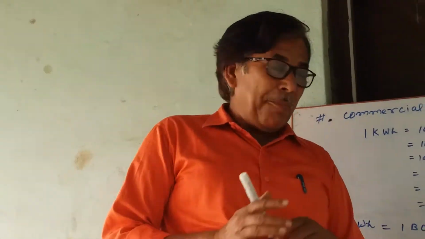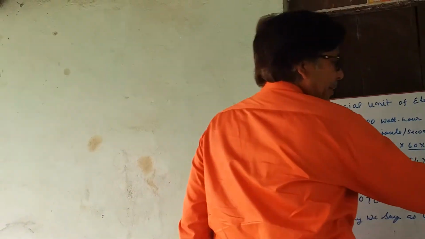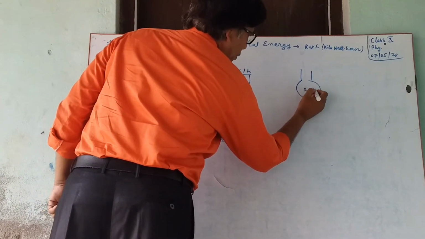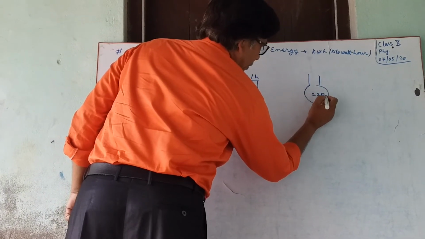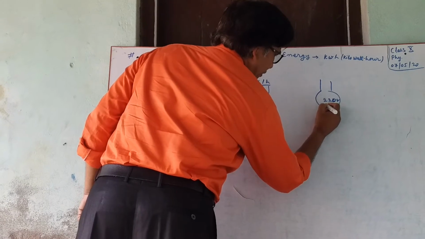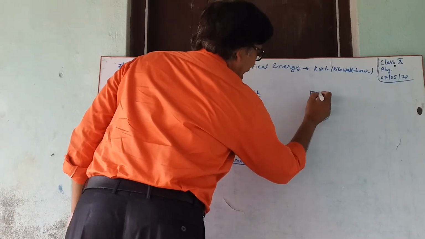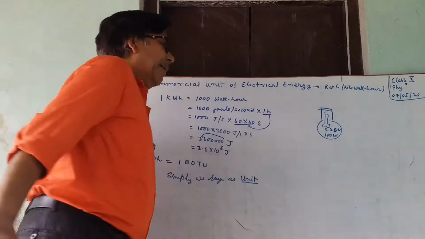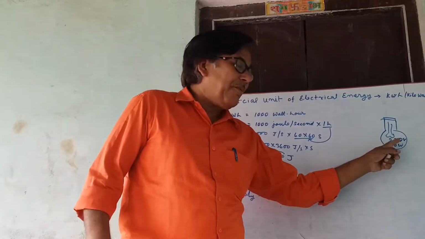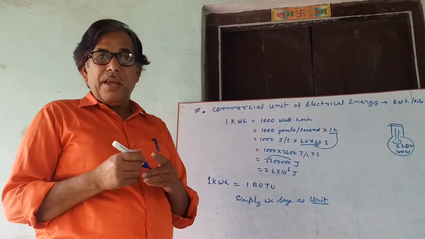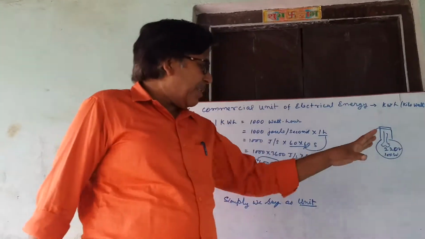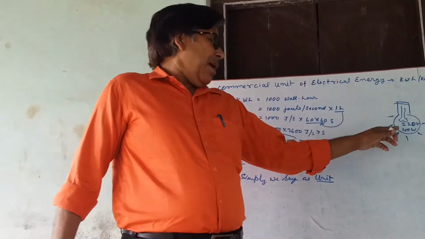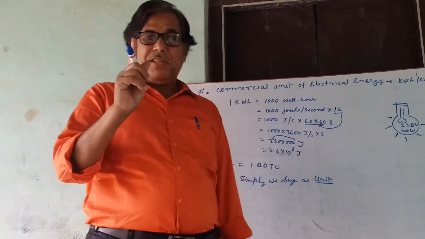the electrical energy. Suppose a lamp is rated 220 volt, 100 watt. It means that when the said bulb is connected to 220 volt electrical supply, it will fully glow, means it will glow with its full capacity and consumes 100 joules of energy per second.